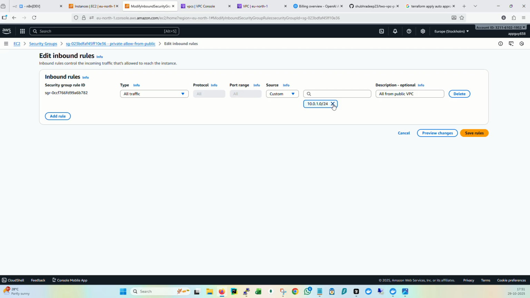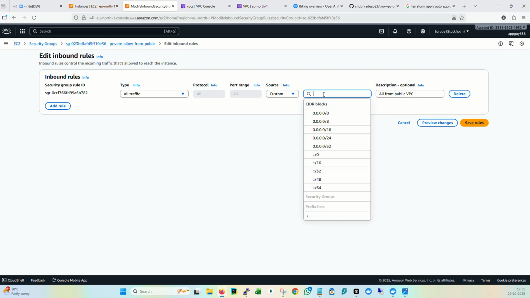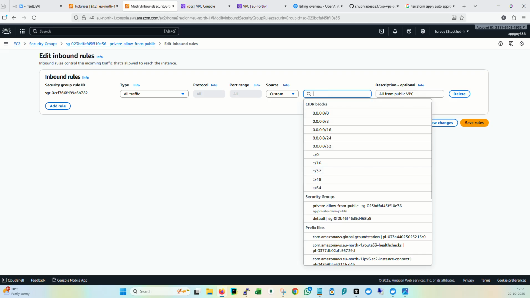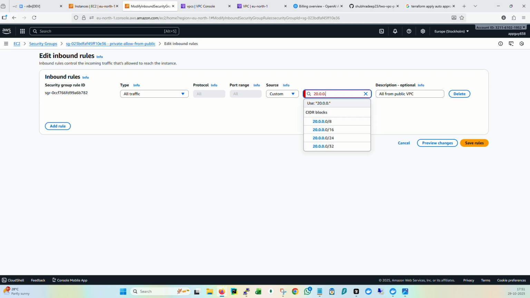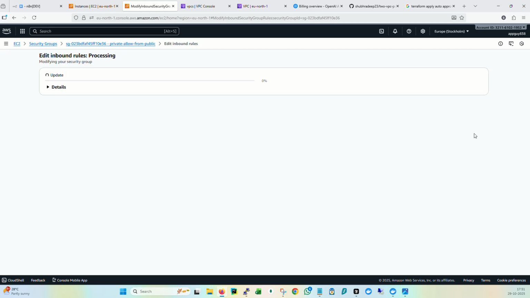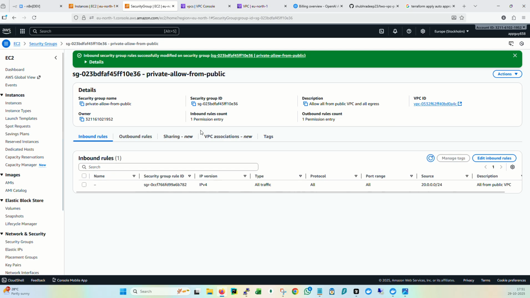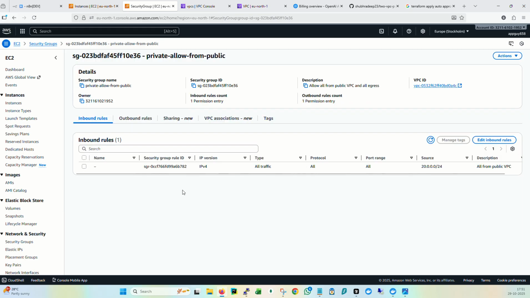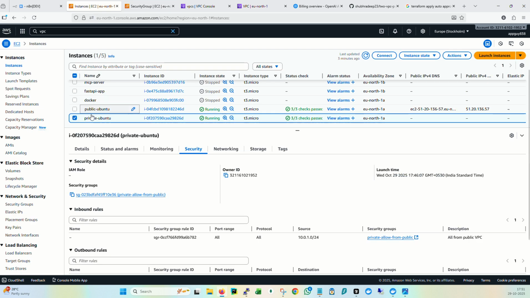Anyways, I'll remember. So let me edit this. Let me make it 20 dot something, 20.0.0.0 slash 24. Yeah. And let's save it. Obviously, there's no such subnet here. And now this private machine, nobody will be able to communicate to this private